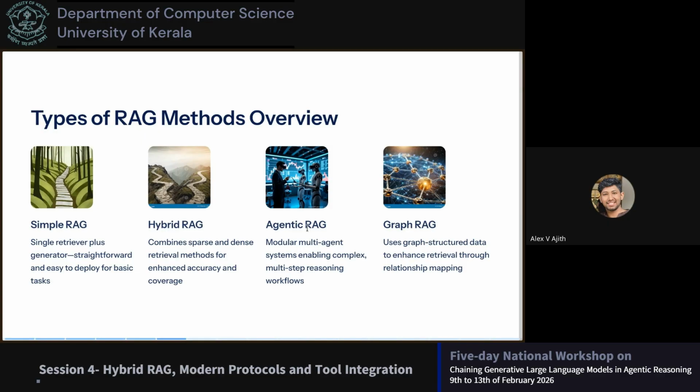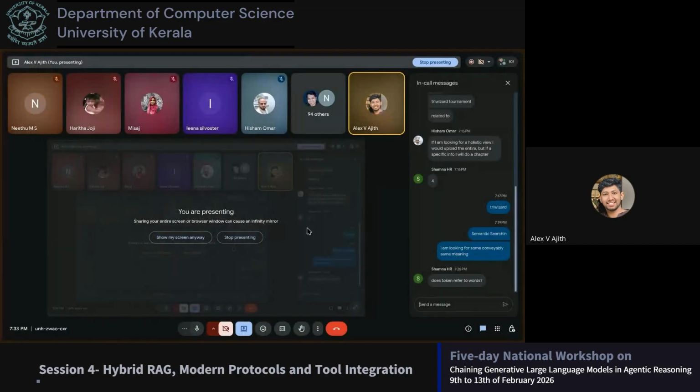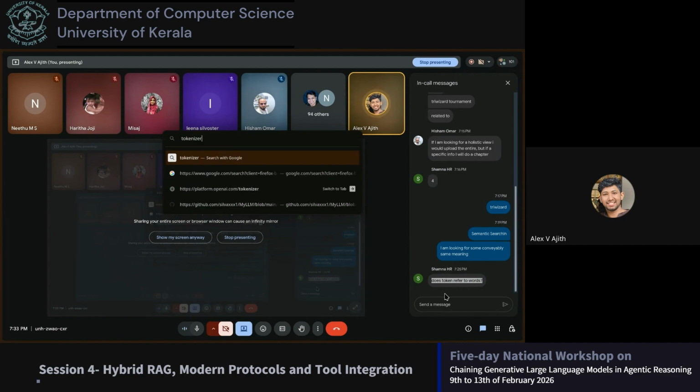For example, suppose, can you tell me from which set does a token refer to? It is somewhat similar to a word, just like I showed you before, but it's not exactly a word, and that is because a tokenizer is used to tokenize this, right? And this tokenizer is trained on some data, and based on this information,